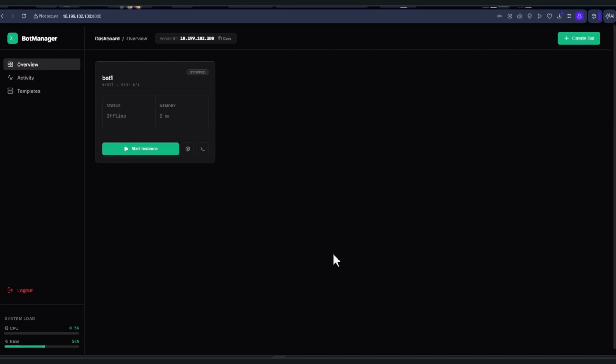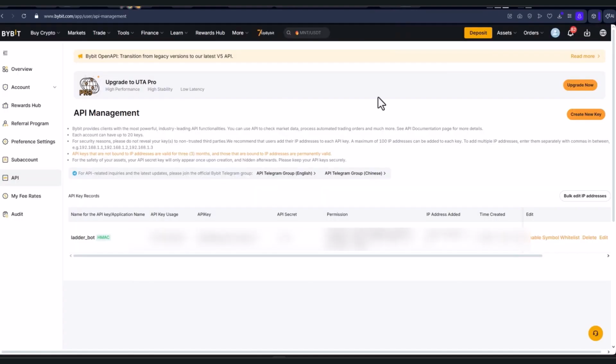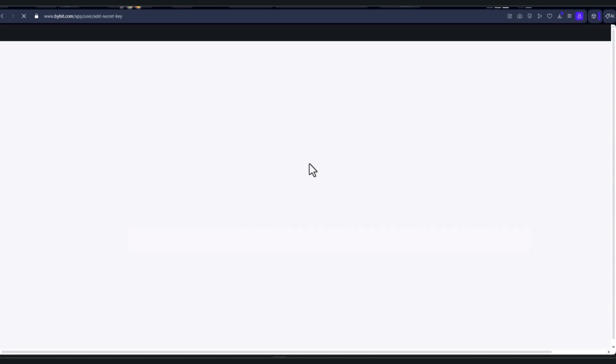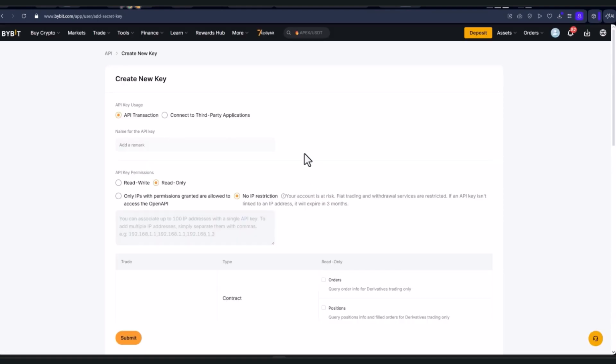All right, now I'm going to show you how to set up the exchange API keys, specifically for Bybit within the bot's configuration. So the bot can connect to the exchange and know exactly where to trade. By the way, just so you know, keep in mind that Bybit's demo and mainnet platforms have completely different API pages. All right, let's head over to the Bybit API settings and select the first option, which is the system